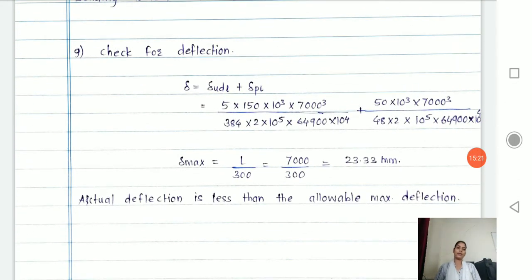Now again, we are only checking the design capacity, which is not sufficient. We have to check for deflection also. This deflection comes under the serviceability criteria. What is the serviceability criteria? It says that a structure should not only be sufficient to carry the loads, and strength should not be the only criterion. What you have to check is also the criteria for serviceability. What does serviceability include? Serviceability includes crack width, fire resistance and deflection.